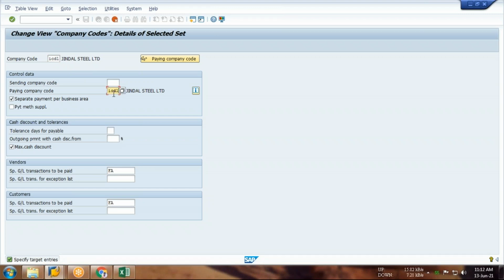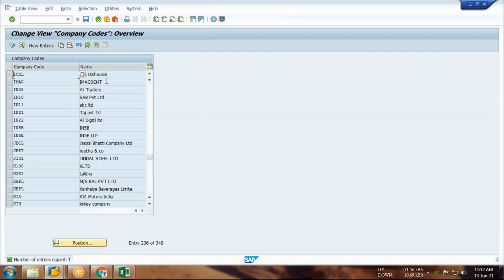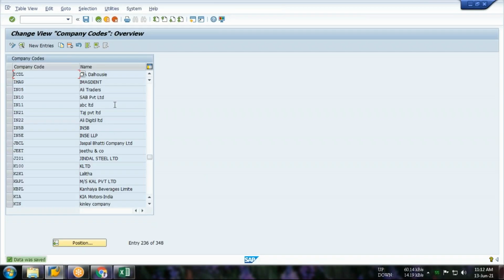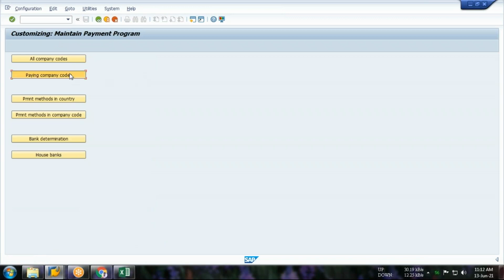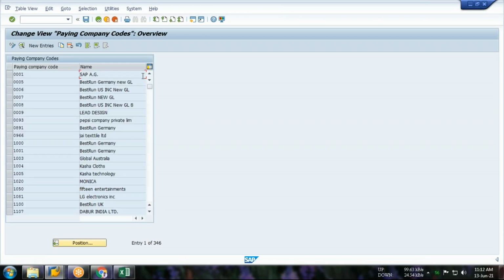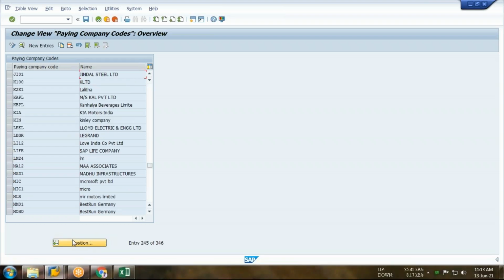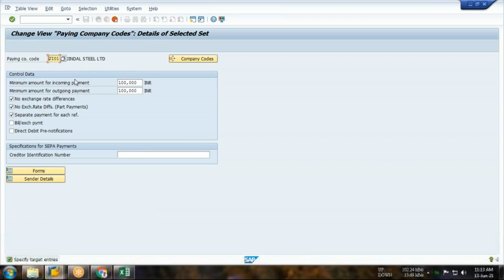So guys, I am doing the quick configuration. Okay, you just have a look. This is the first step I have done. Second step, all company codes. So I'll copy every credential from GI01. This is my T code. So I'm just changing it.